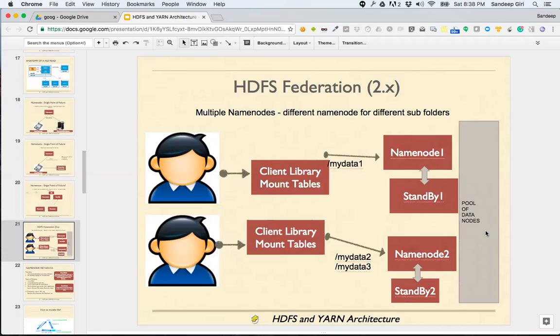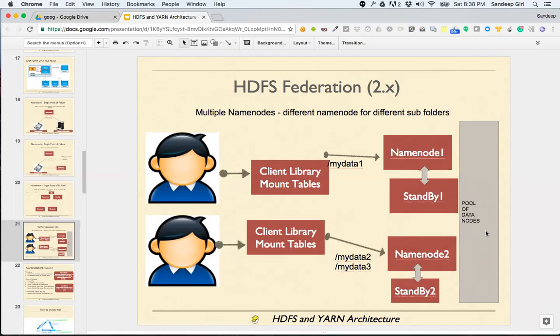Now, that question is, where is the mount table maintained? Mount table is a config file that gets shipped to all the nodes. Because if the mount tables are maintained centrally for everything, the client library will have to go to a central place. Okay?